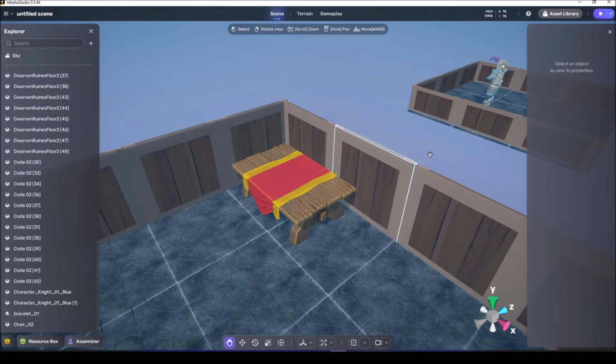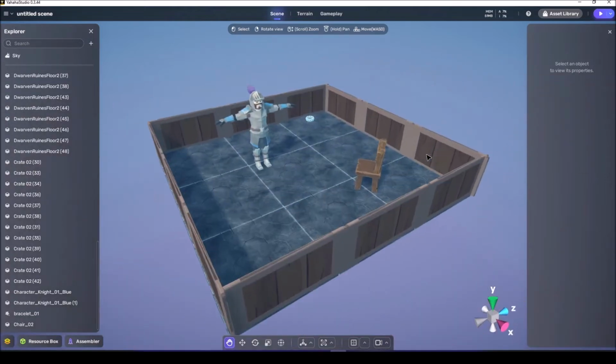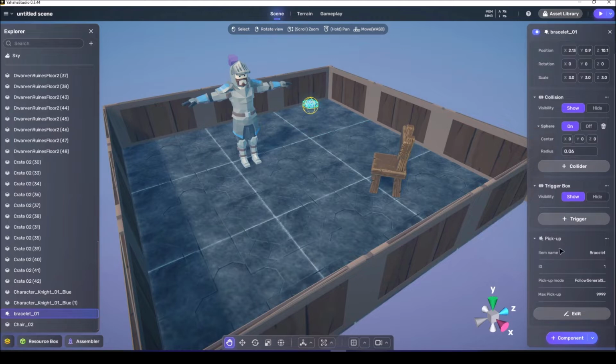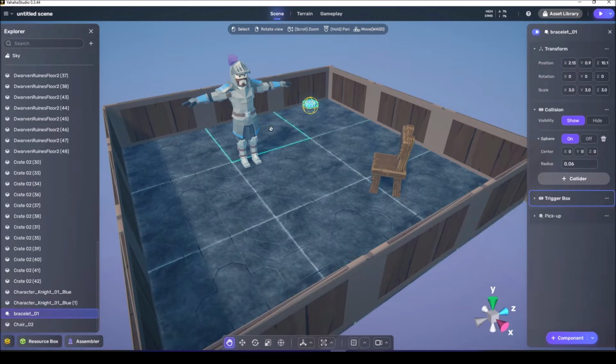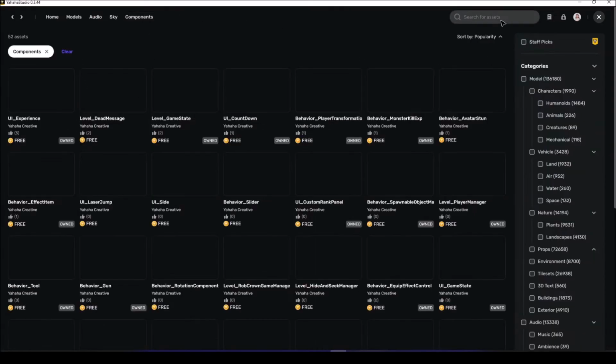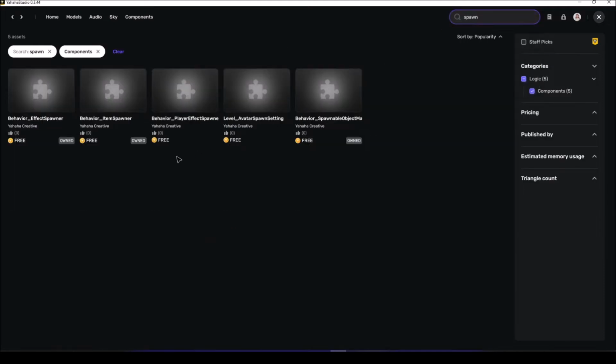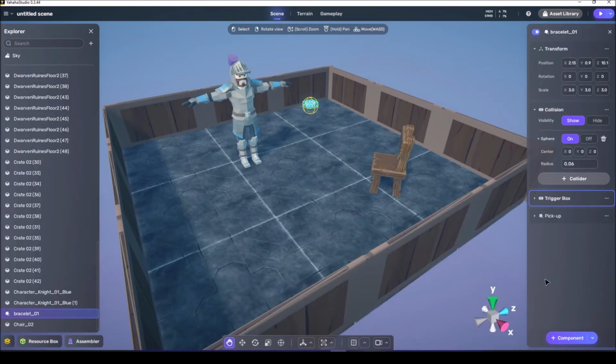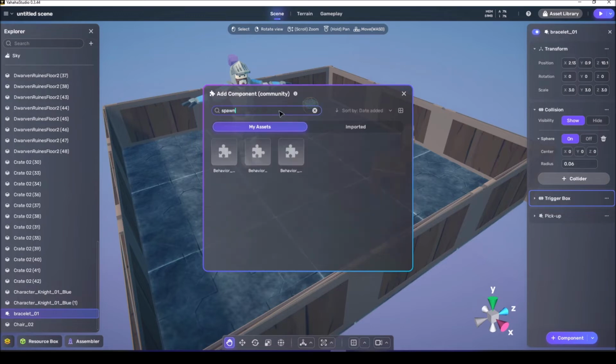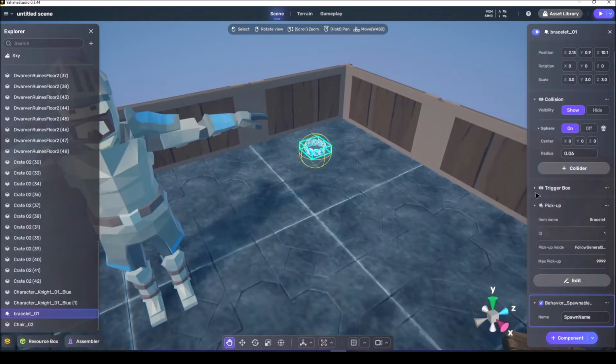So let's start simply. Each of the items you want to spawn needs a community component. You find those in asset library components. It's called behavior spawnable object marker. This one. I already have it. And you can find these if you use the small triangle with the components at community component, and then you check for spawn behavior spawnable object marker, and this will give you a very small